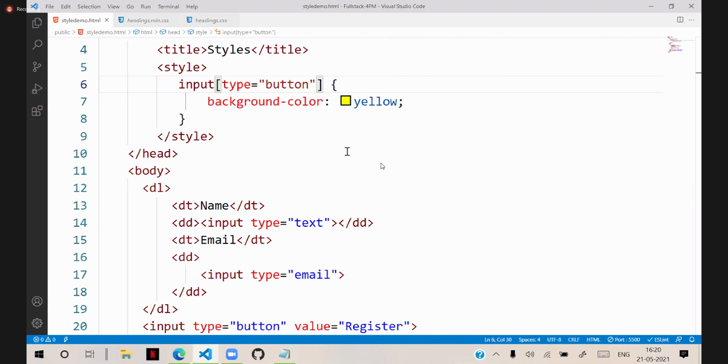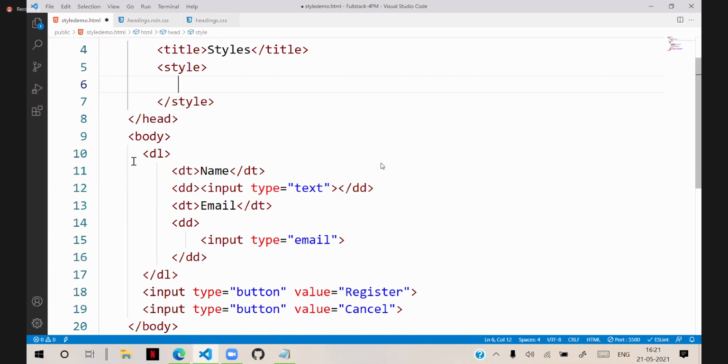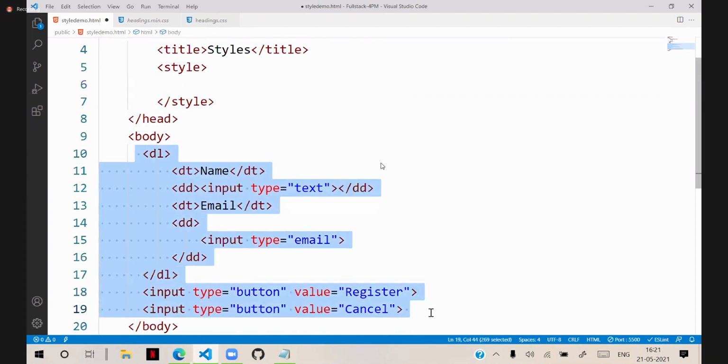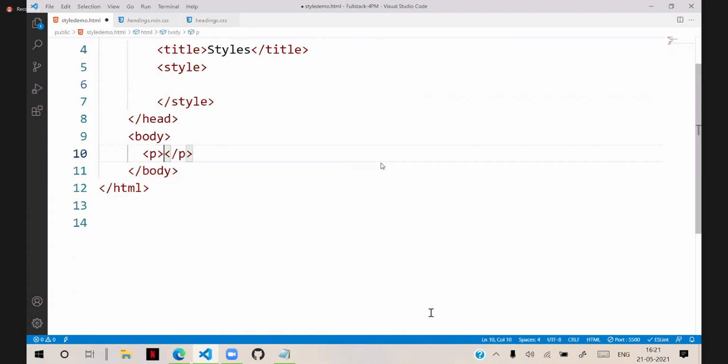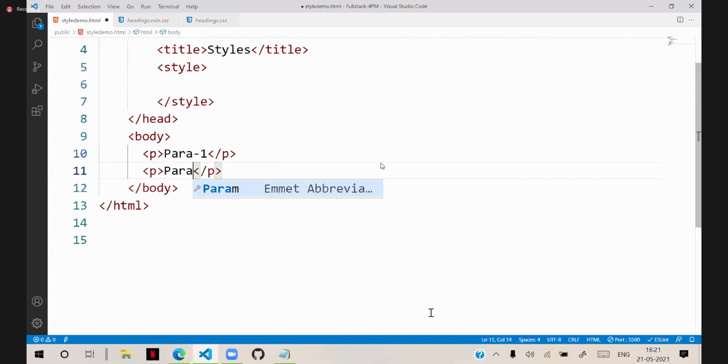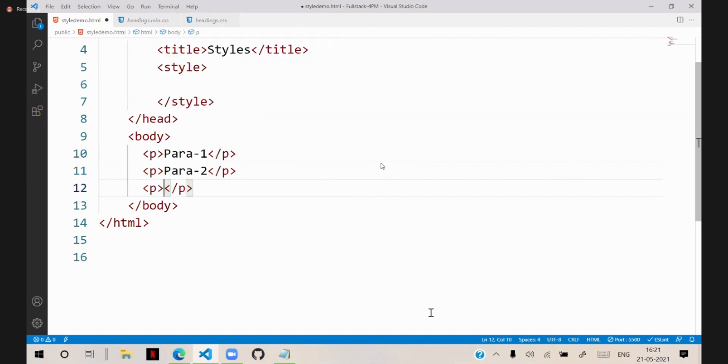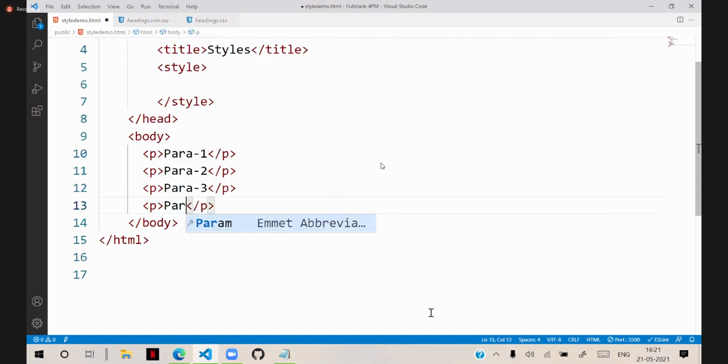There are several points here. Let's take another example. Suppose we have paragraph 1, para 2, para 3, para 4, like this.